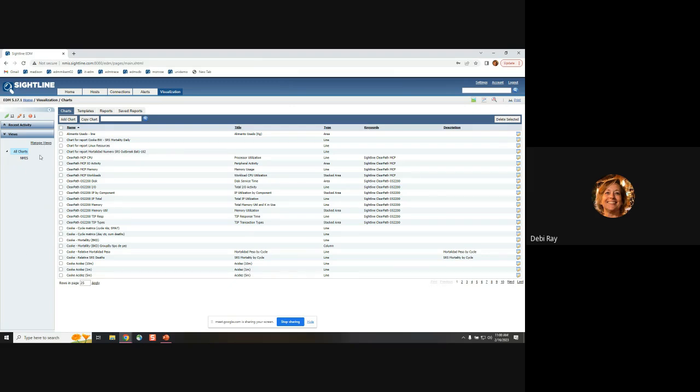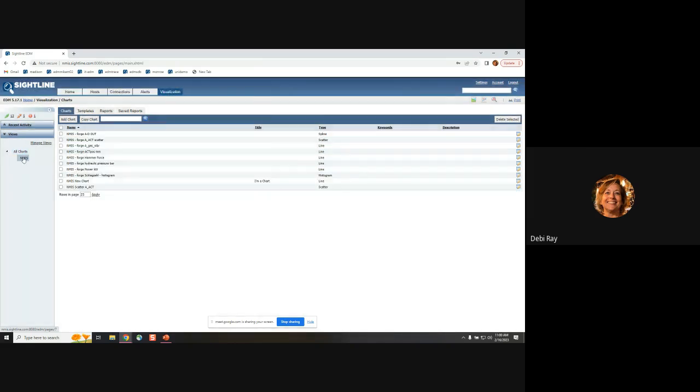On the left-hand side, I have a view, and a view is really a filter. So it says, just show me the charts that meet a certain bit of criteria. Okay, in this case, they start with NMIS, that is the filter, and they have to do with this sample